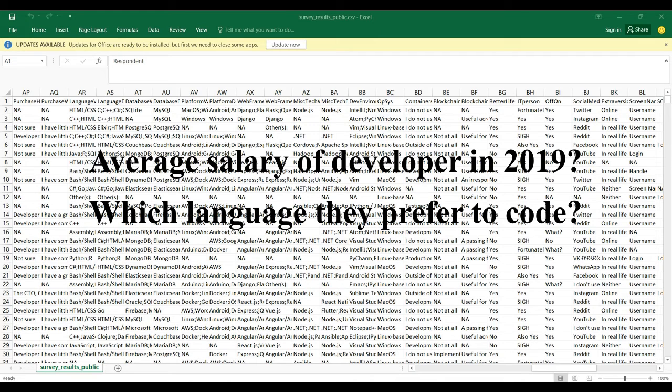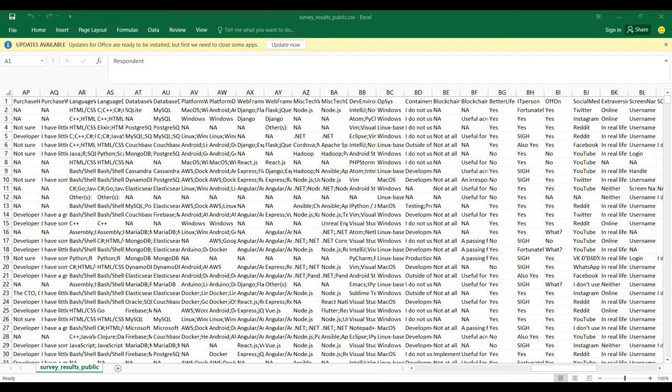Suppose I want to know the average salary of a developer in 2019, or which language they prefer to code in, and so on. But as this data also contains missing values or null values, it becomes very difficult to analyze in Excel. So for this type of problem we prefer to use pandas.